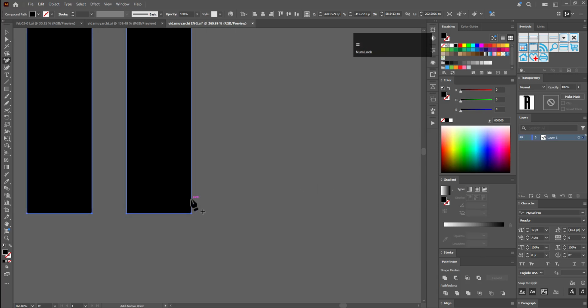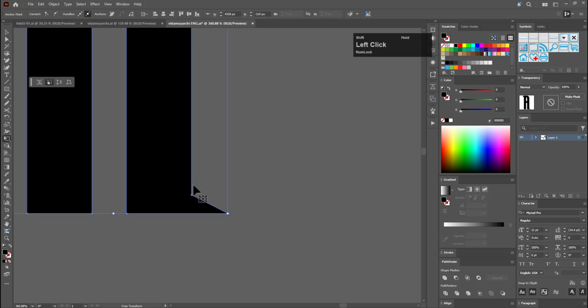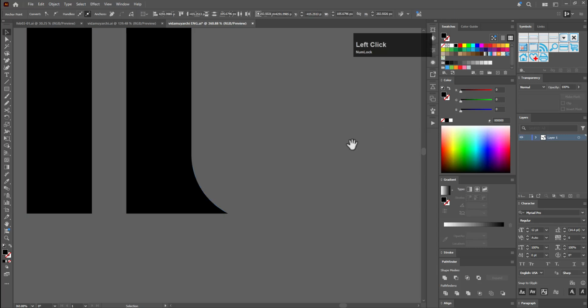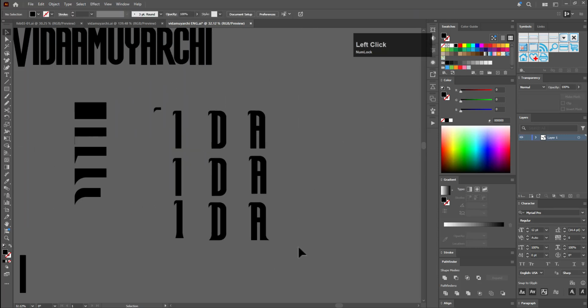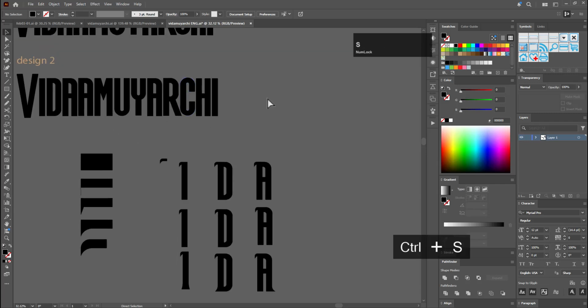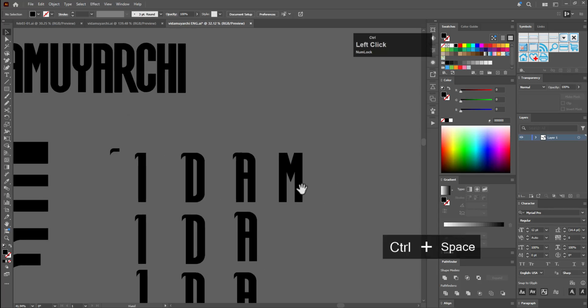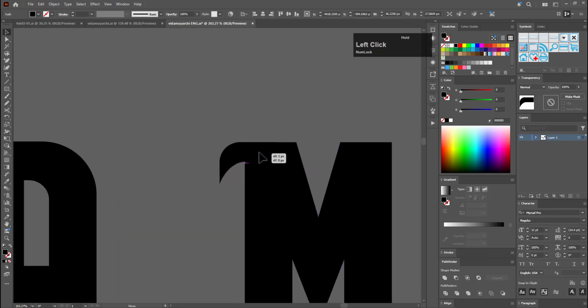I think let's add a point only in here. I think that's enough, and let's select this and bring it like this, and select this point and increase the roundness just like that. Let's save the document, then let's bring M and bring this here, bring it like this,